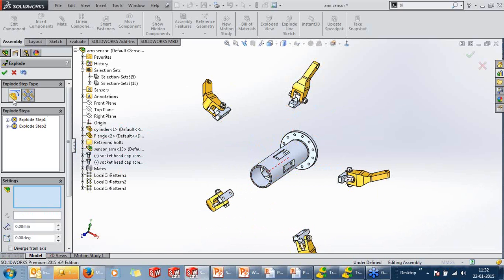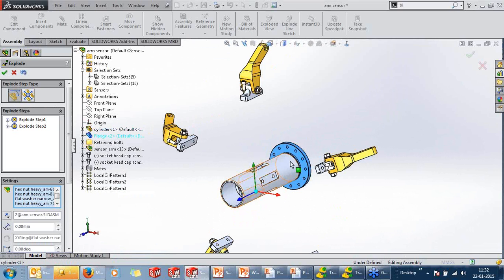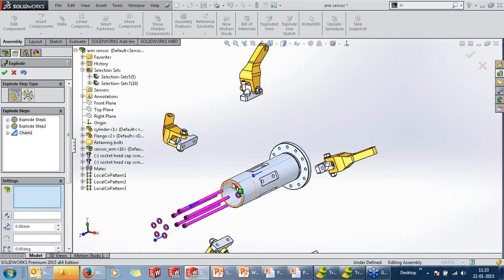So it doesn't stop there. We also have some new enhancement in terms of radial explode. Selecting the paths and exploding, you can see the collinearity is maintained by SolidWorks.